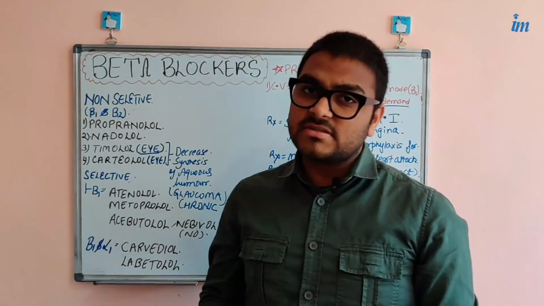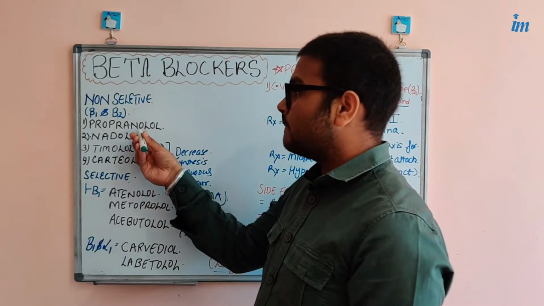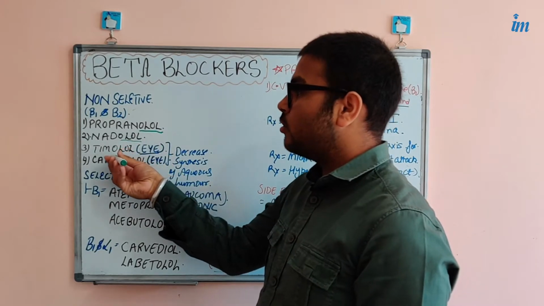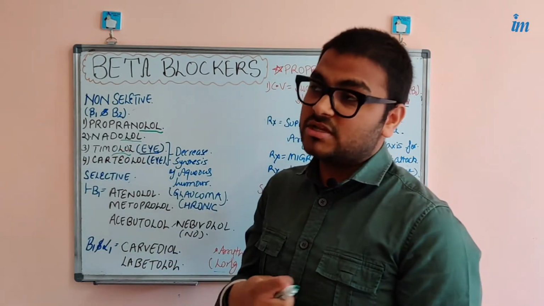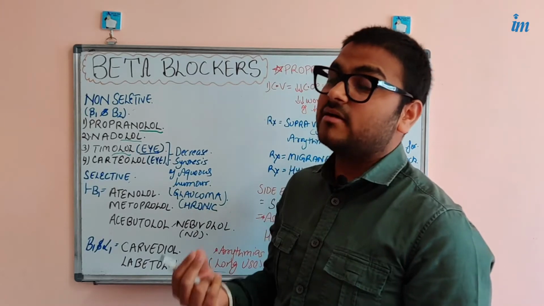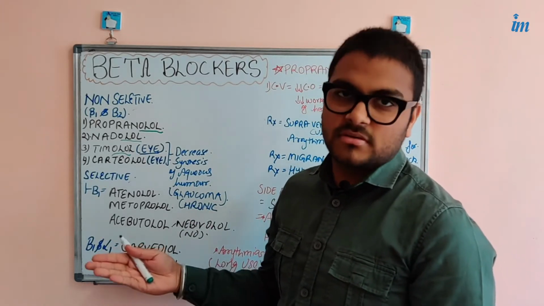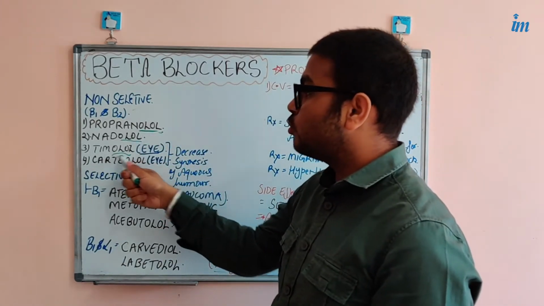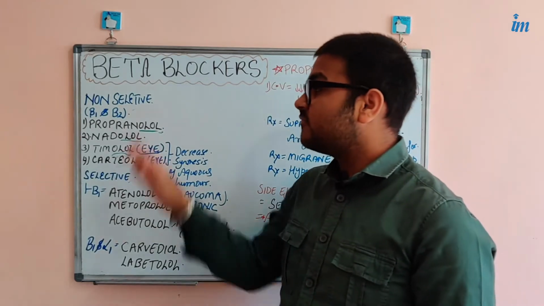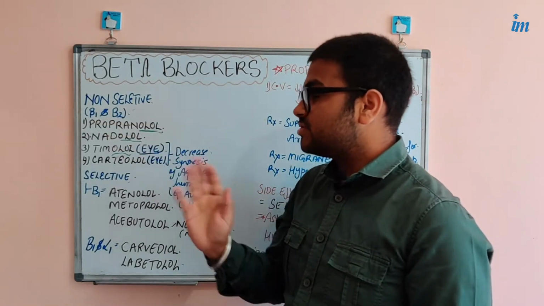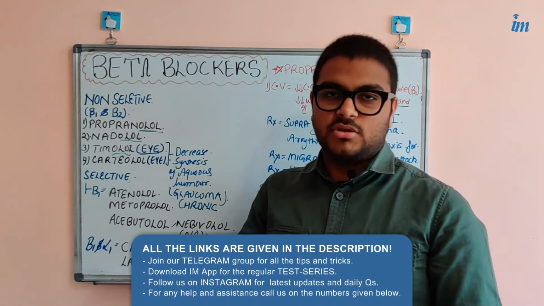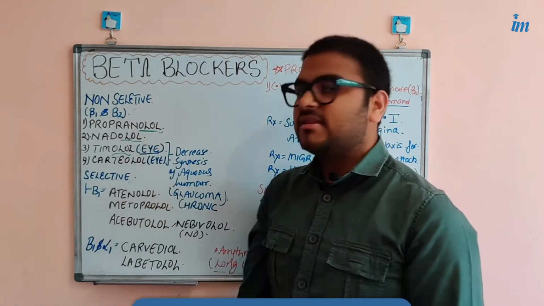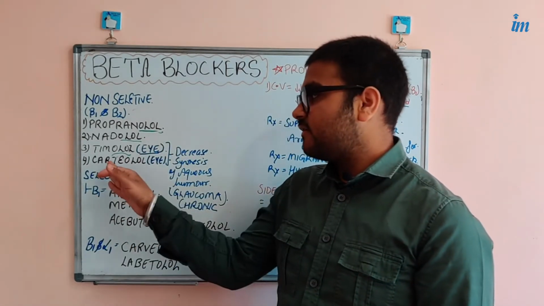Why? Because they have a specific ending. Most of them end with olol. For example, in the last video, the alpha 1 antagonists ended with osin: prazosin, doxazosin. These beta blockers end with olol. So we should remember the non-selective beta 1 beta 2 antagonists. The most famous is propranolol, then nadolol, then timolol, then